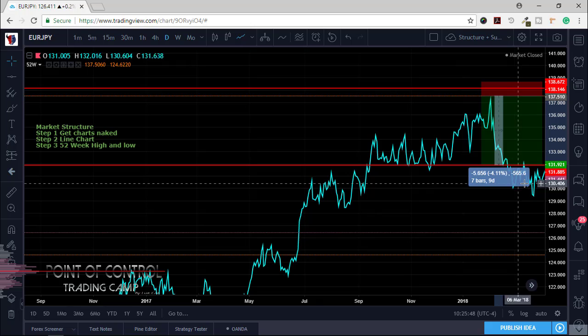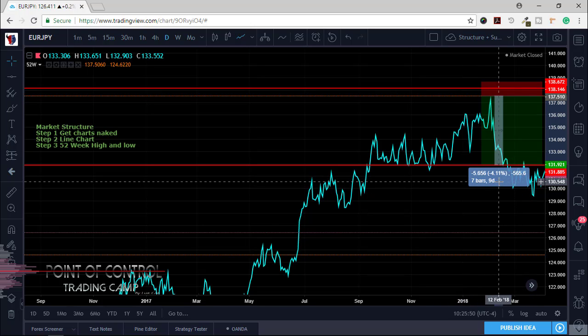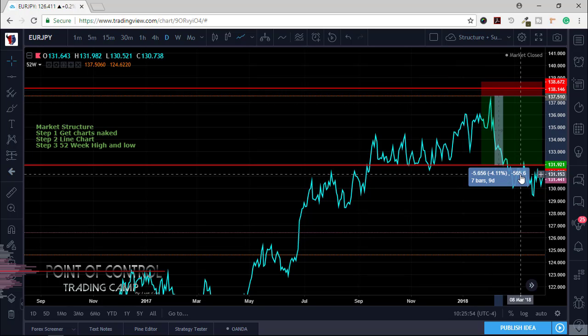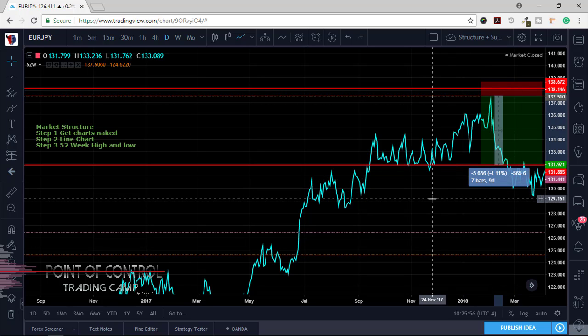Okay? So that's a week and a half. A week and a half. One trade, 565 pips. Tell me what's more profitable: you taking all the indicators in the world, filling your charts with so much color, so much noise that it's just hard to predict, and all these trend lines, when all you really needed was a 52-week high and 52-week low.